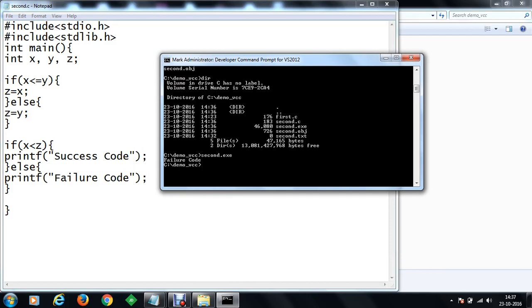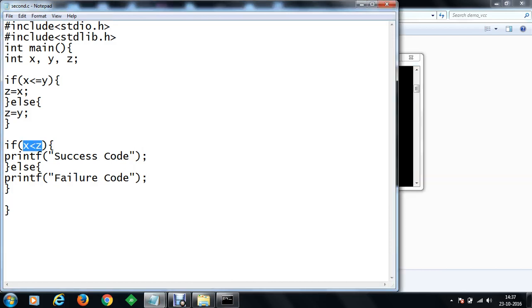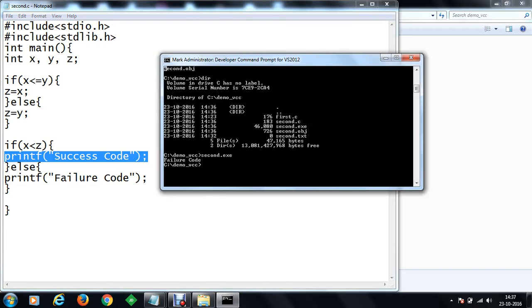The program is bad in the sense that I am not sure whether this condition will hold true or false, and the success result will depend on it. Once we executed the program, we got the failure code. It may be that we do not always remember whether, after the conditions, the program will go to the success code or the failure code. But in this case, we have coded it like this. So since we are going to the failure code, a tester testing this application won't be able to realize that some wrong code has been written.